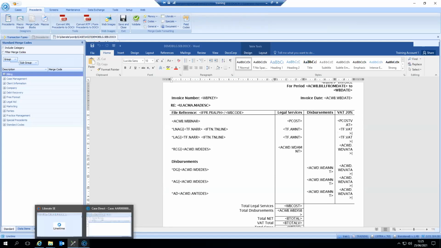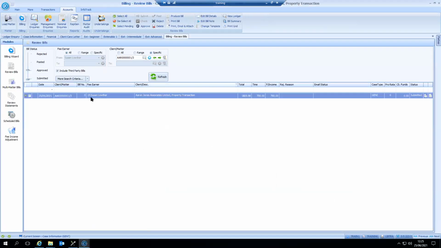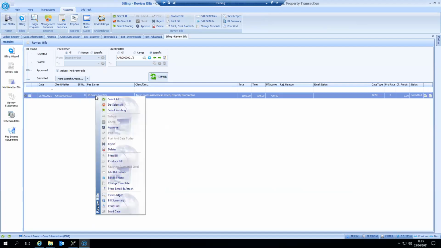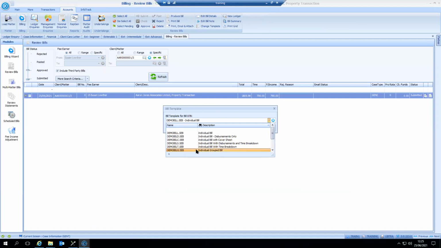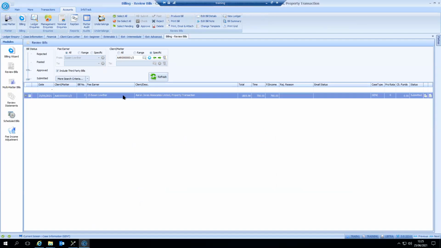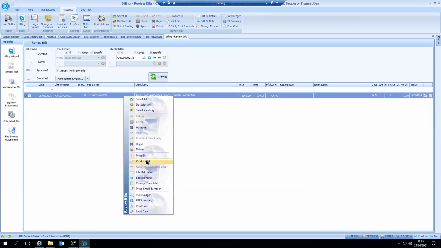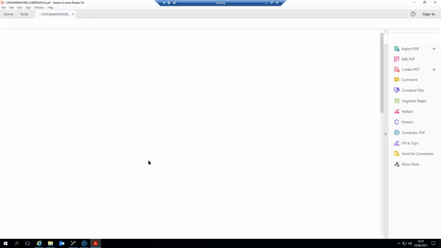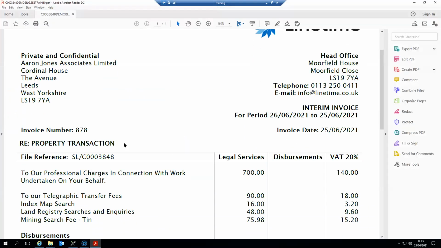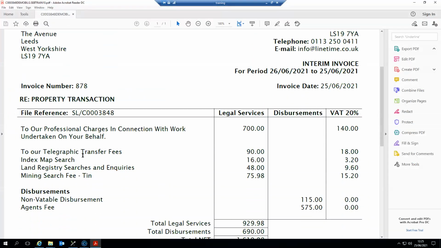So I'm going to go back to the front end. This is my bill that I raised earlier. I'm going to right click over the bill, change bill template. I can now change my bill template to this individual grouped bill, press OK, and merge this bill again. And when I merge this bill, you will see, here we go, really simplistic,